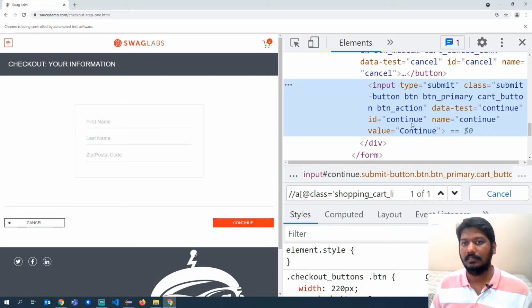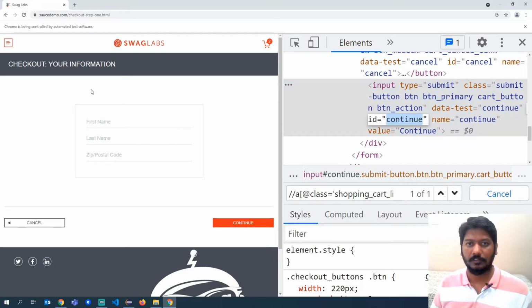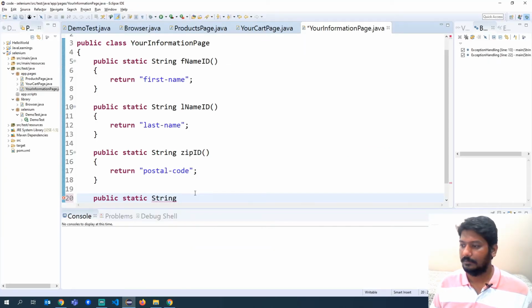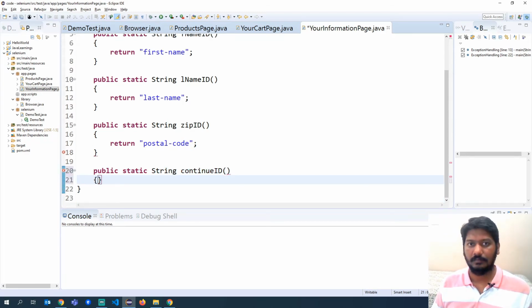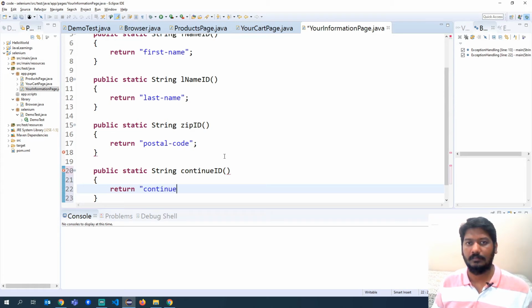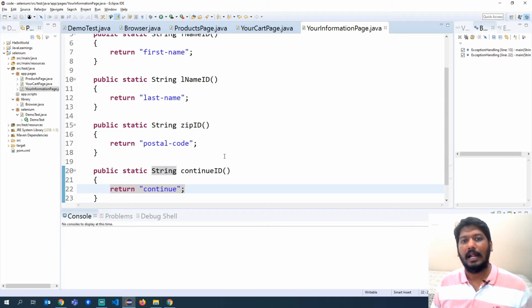Okay, it has an ID for it also. Okay, so I'll say continue ID.